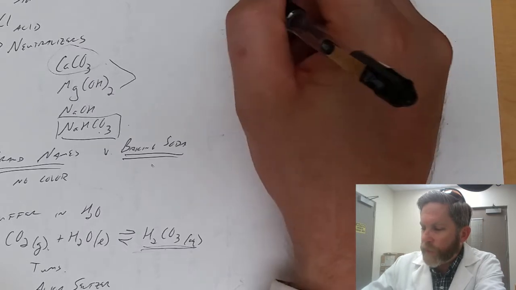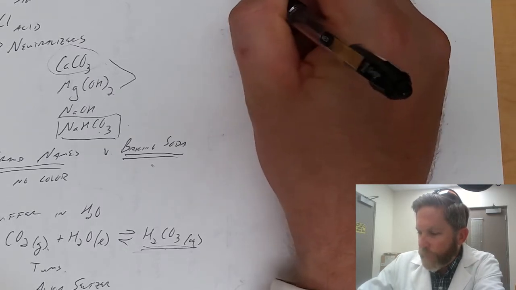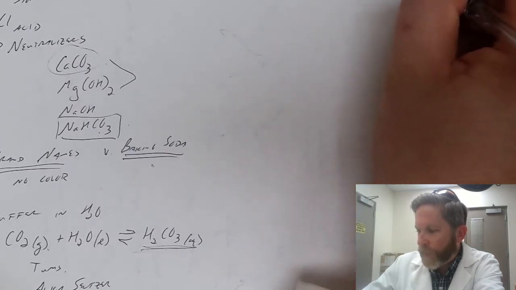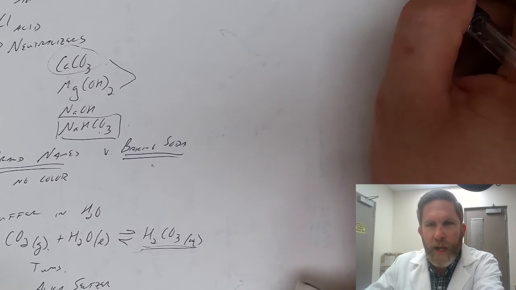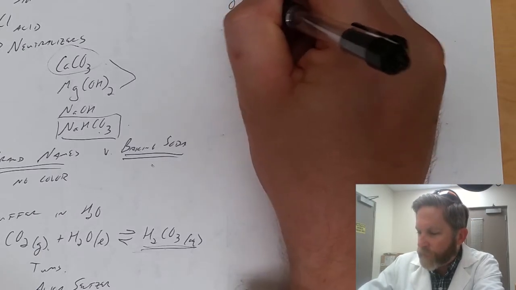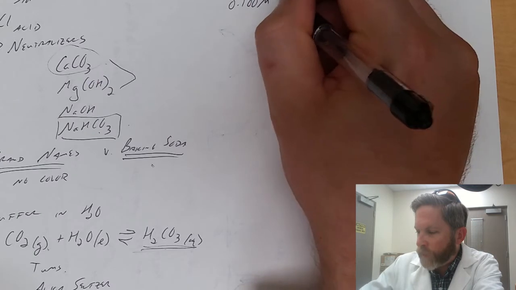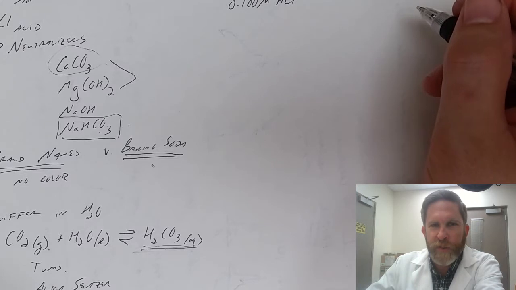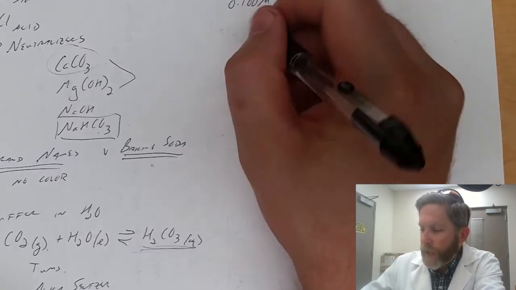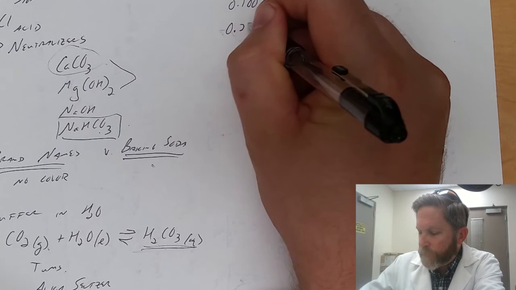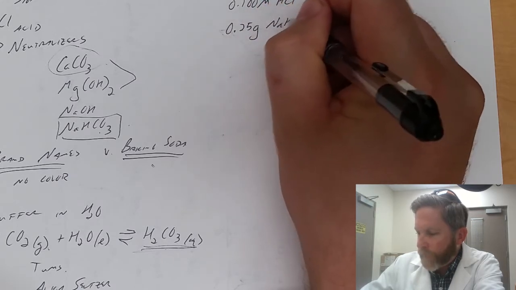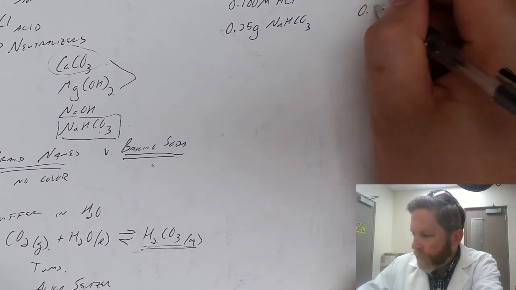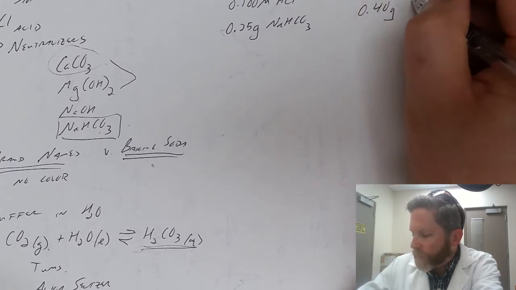Okay, so what we're going to do is we're going to put in 25.0 milliliters of simulated stomach acid into all of these Erlenmeyer flasks, all 4. It's a dilute concentration of 0.100 molar HCl, which is approximately the concentration that is found in your stomach if there's no food in it. And then to that, we're going to weigh out about 2.25 grams of baking soda into the first 2, and then we're going to grind up a Tums tablet, and we're going to add about 0.40 grams of Tums